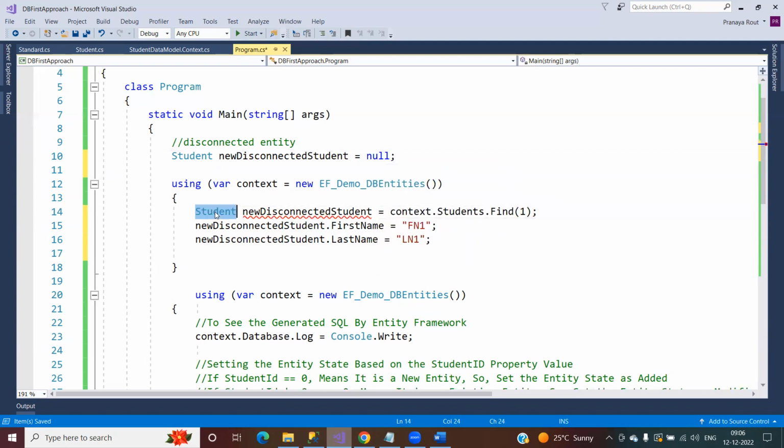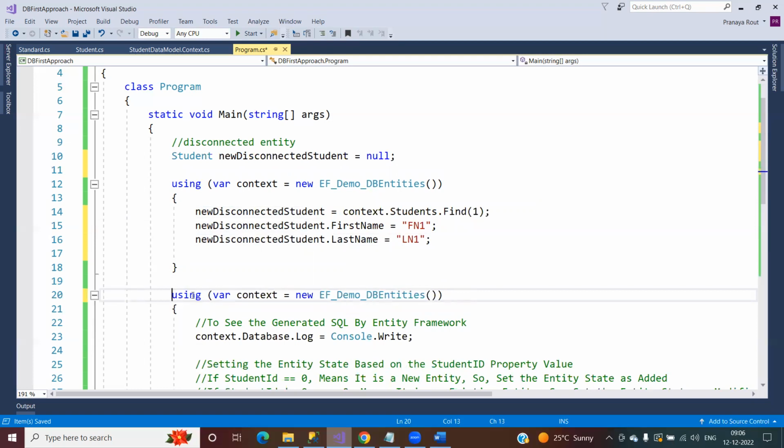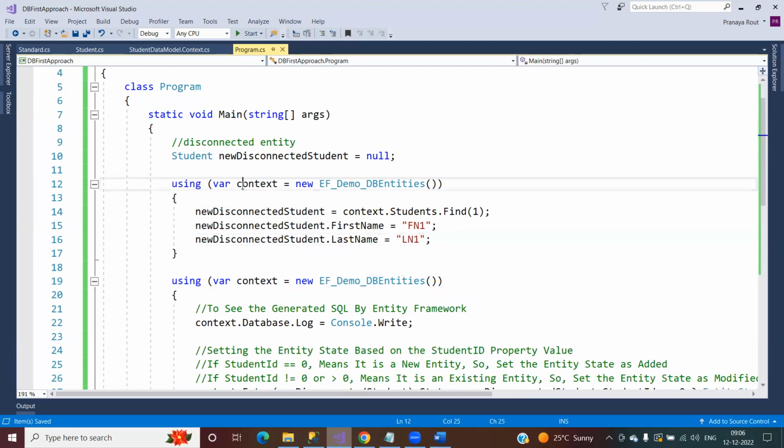Right. So now you can see two things you need to remember. Using the one context object,